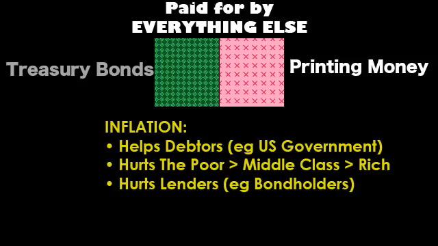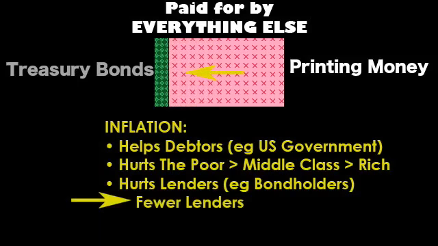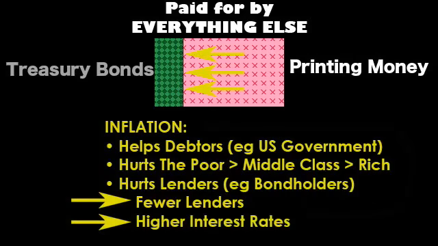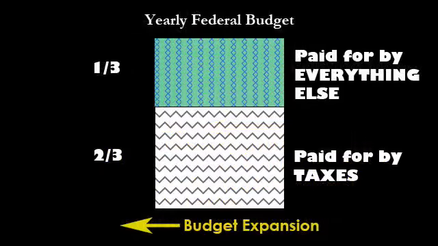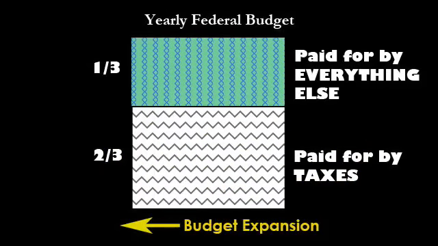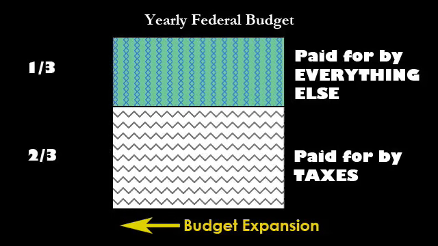Generally speaking, these lenders are not in the business of losing money. Some lenders will therefore choose to put their money elsewhere. In order to try and entice the lenders into coming back, interest rates on the loans will have to increase. The problem with both of these outcomes is that they lead directly to more inflation. This type of thing has happened in numerous other countries in the past. It happened to Germany after World War I and is happening now to Zimbabwe. As this is happening, the budget will be growing exponentially as the interest payments on the national debt balloon. This will compound the problem.